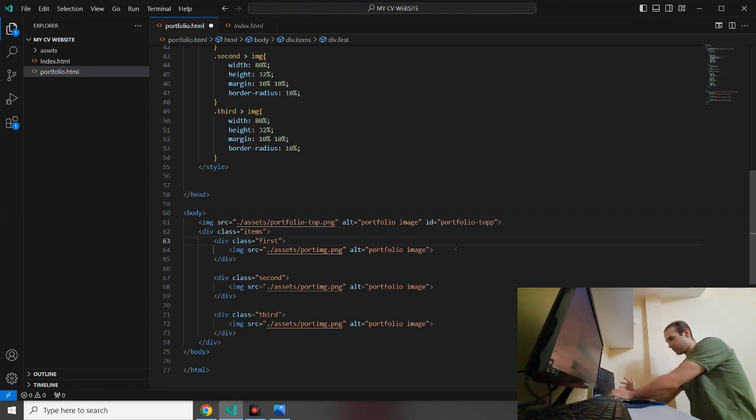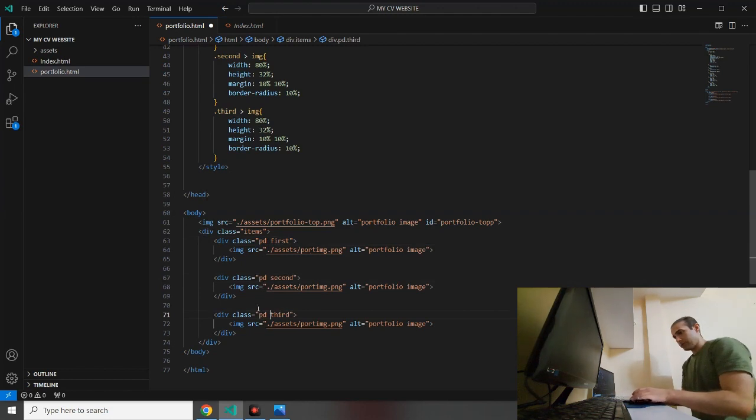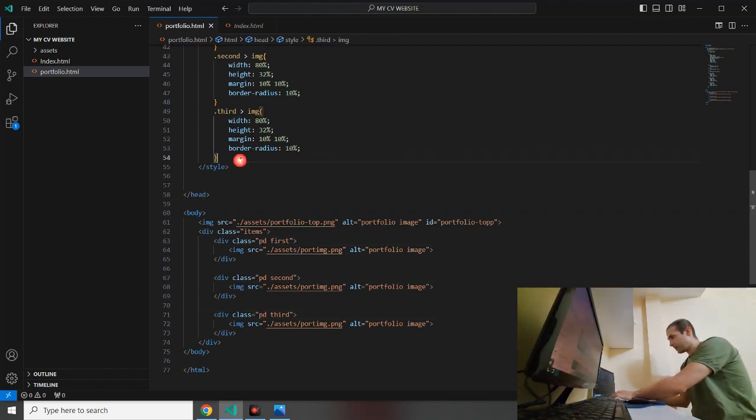What should I call it? Portfolio div, PD. PD here, here, and here. Okay, Control S. Now let's target the PD